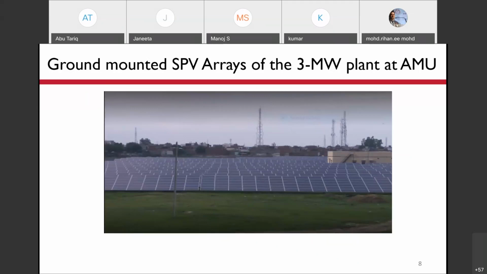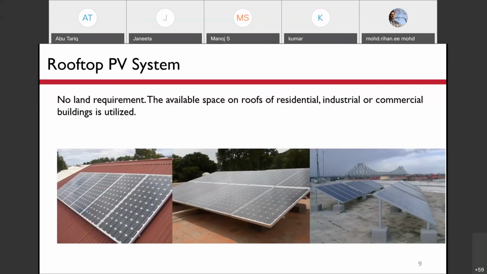Then the second is the rooftop PV system. The advantage is that land is not required. Available space on the roof of a residential building or some college, university, or commercial building can be utilized.